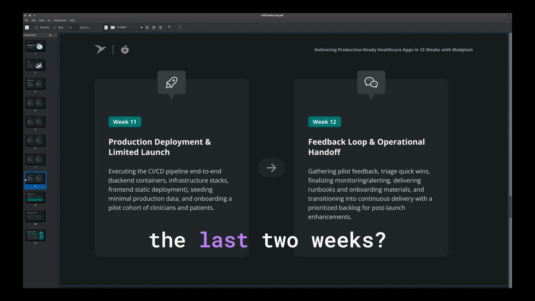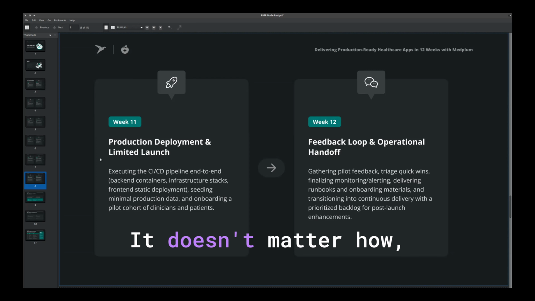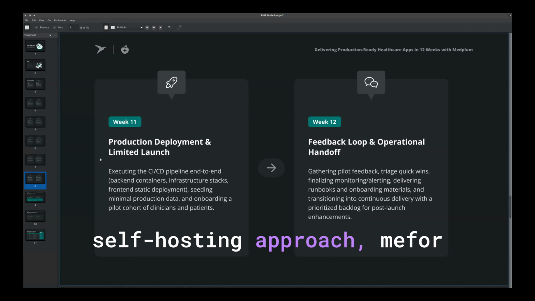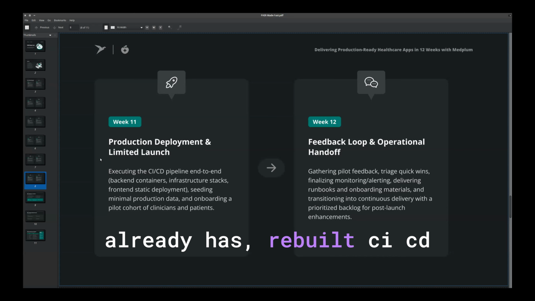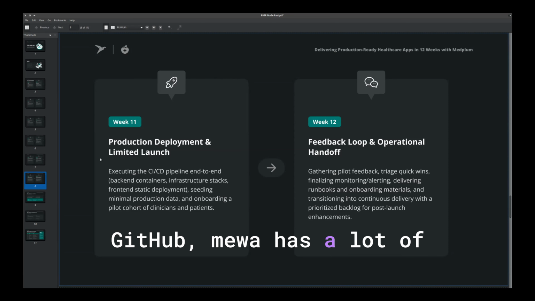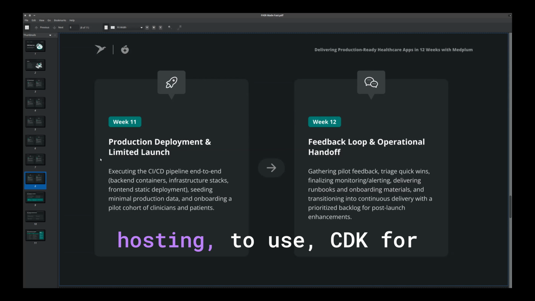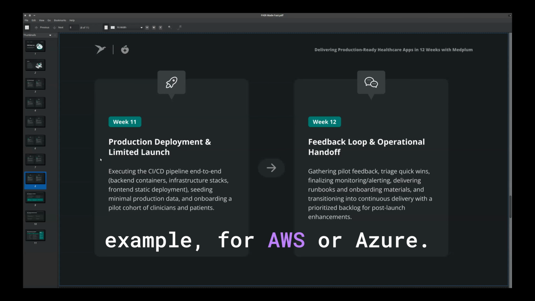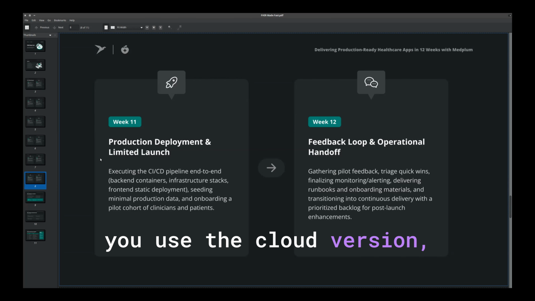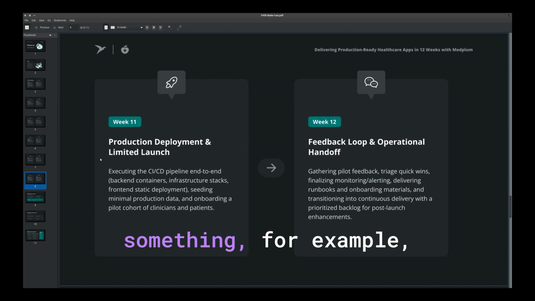Okay, what happened in the last 2 weeks? Yeah, production deployment and limited launch. It doesn't matter what approach you're using, like the cloud version of Medplum or self-hosting. Even if you're using the self-hosting approach, Medplum already has pre-built CI/CD pipeline actions for GitHub. Medplum has a lot of different approaches for hosting, for example, using CDK for AWS or Azure. You can decide, but even if you use the cloud version, you will need to host something, for example,